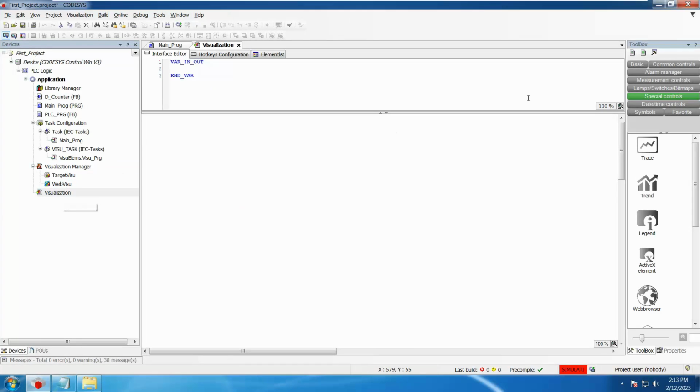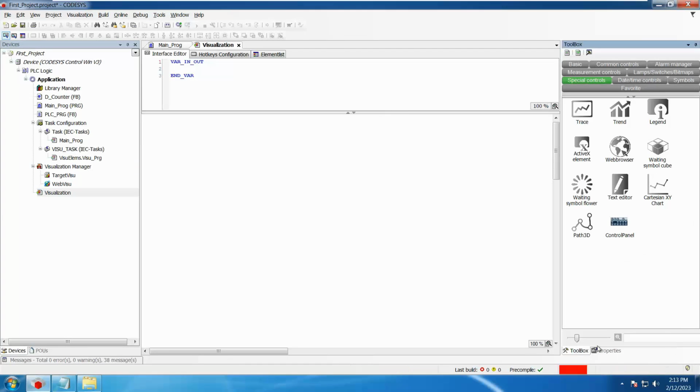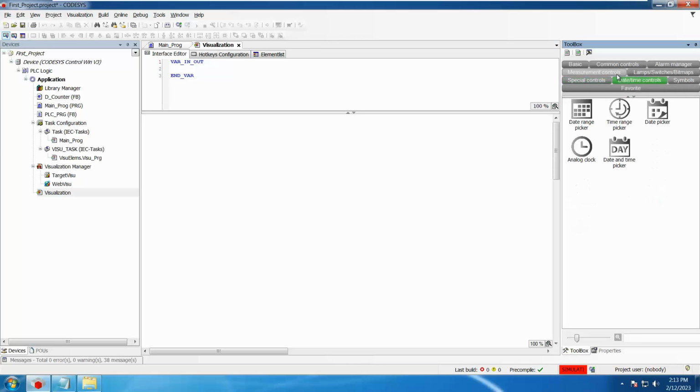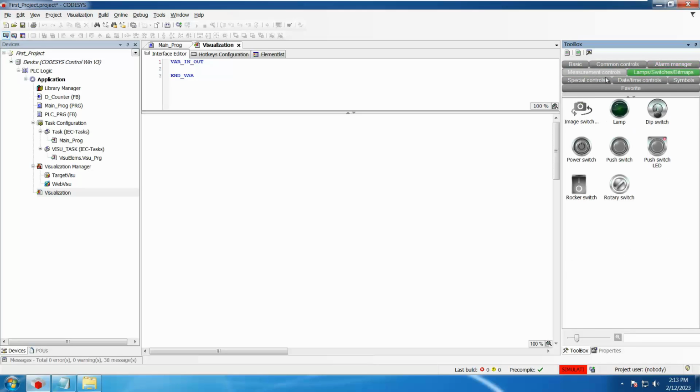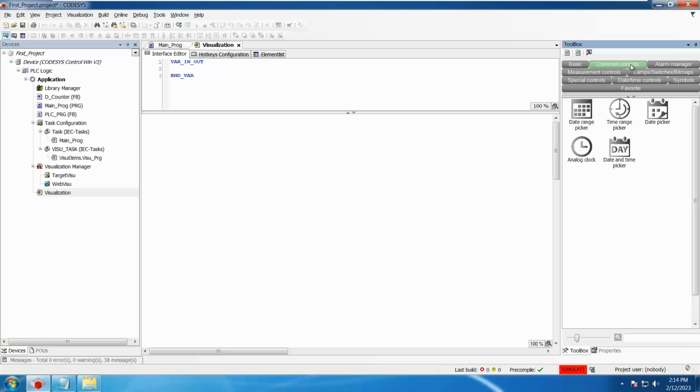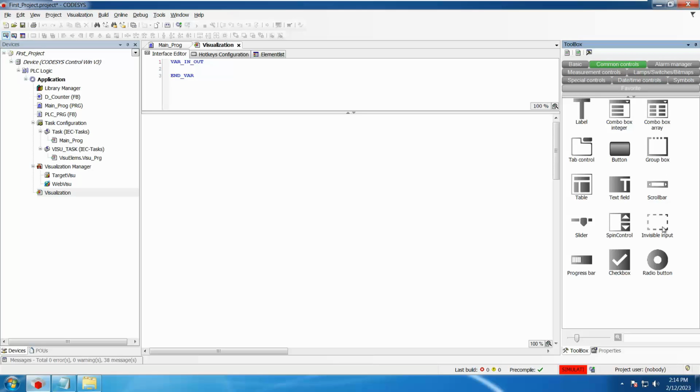When you open the visualization, on the right side you will find this toolbox, and it has different types of elements available which you can use as per your need. You can see that there are some basic common controls, alarm managers, device controls, symbols, all those kinds of stuff. But for this example I will drag and drop the text field,